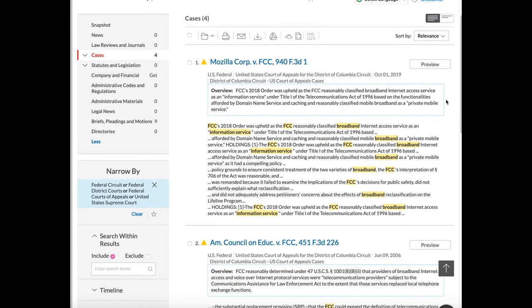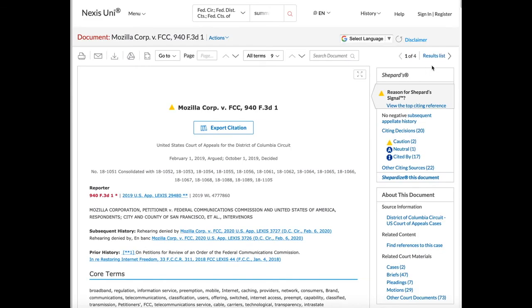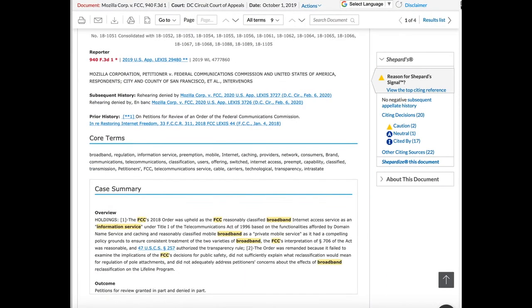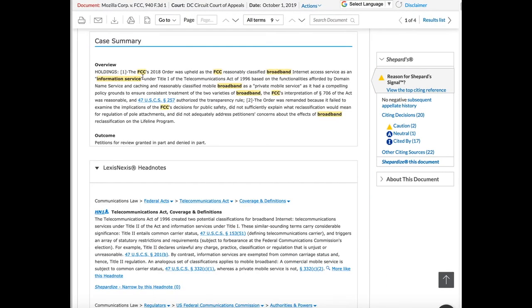And here are cases that mention those terms, and they should be in the summary field. So let's open one up. And here's the summary field, and there's the word FCC, the word broadband, and the word information service.